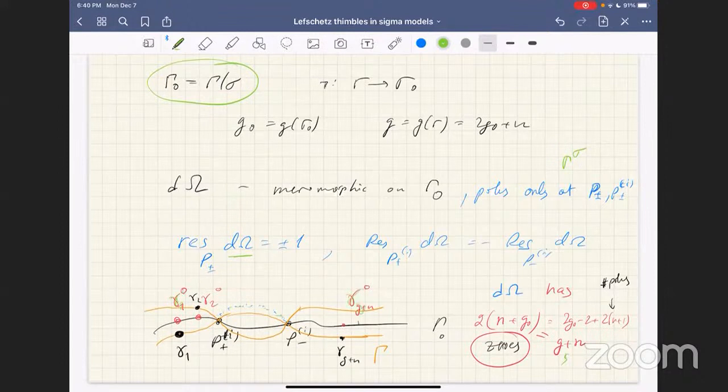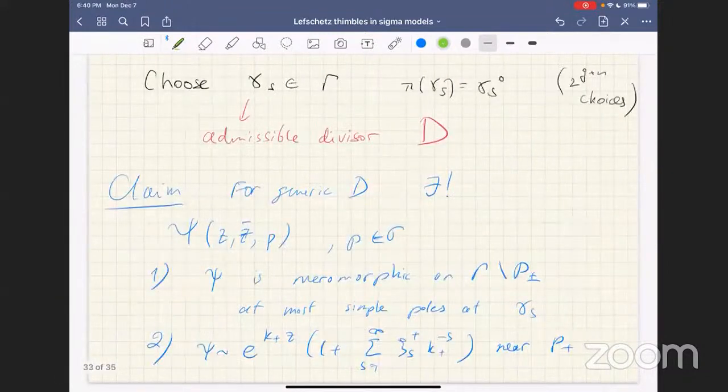and then I choose a preimage of the zeros under my projection pi. So projection pi is the projection of curve to the quotient. And so once this choice is made, we call the collection of these points the admissible divisor, capital D. So we have many choices for such pre-images. So then, once this data is fixed, we claim that